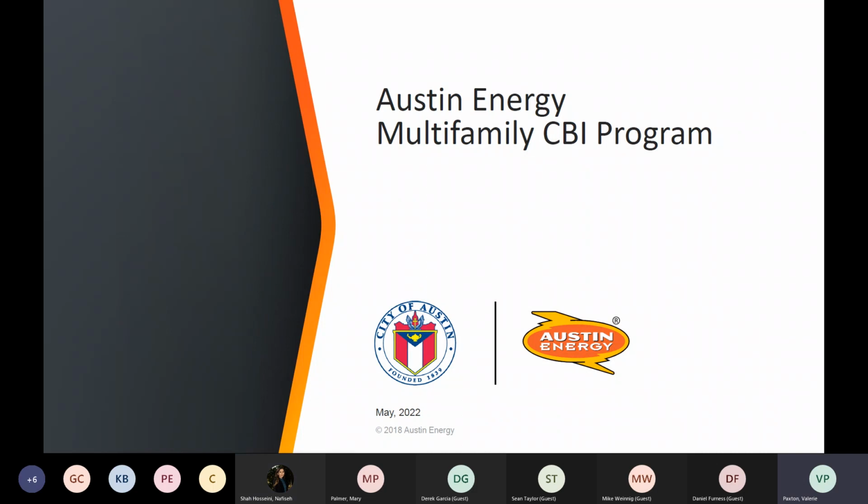Go ahead and get started. Today we're going to talk about the multifamily program. We have a program in existence, but we're making a few changes. And so without further ado,